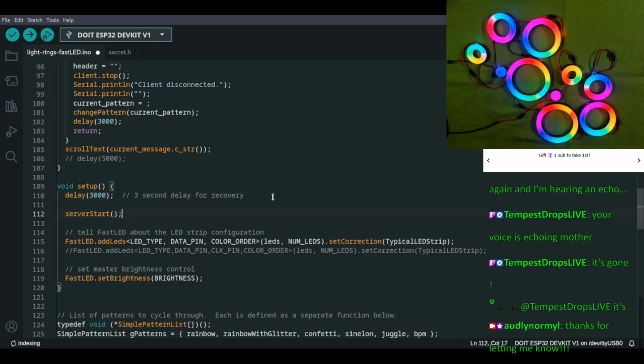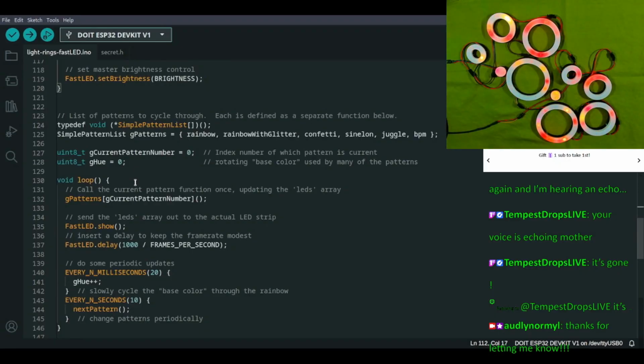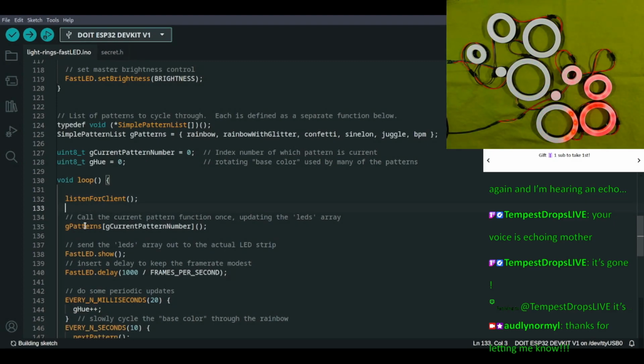All right, there we go. And then we will copy our listen for client into our loop. And we're going to copy